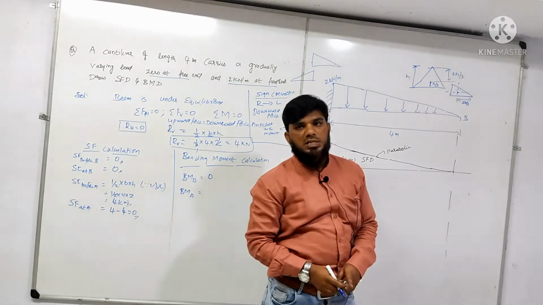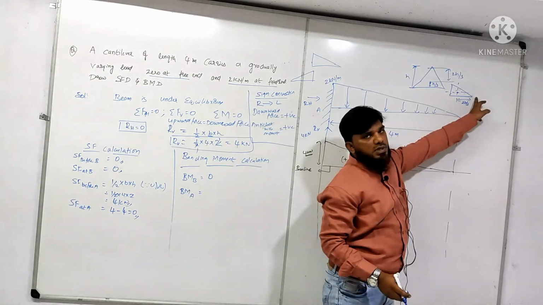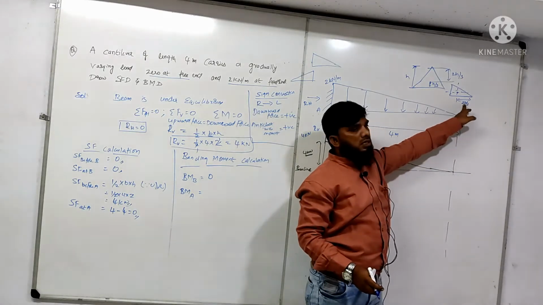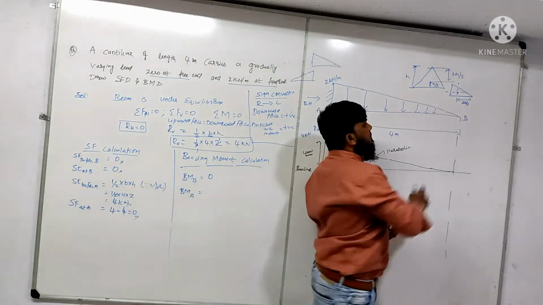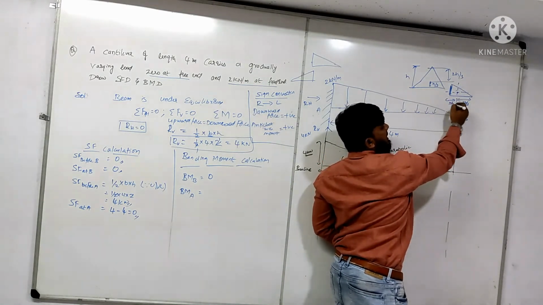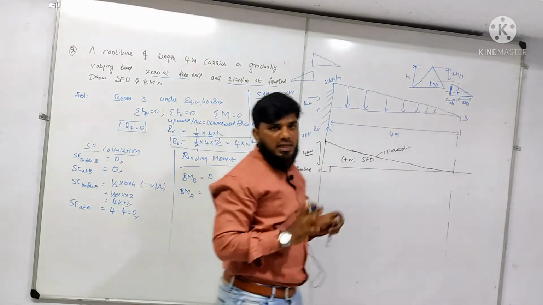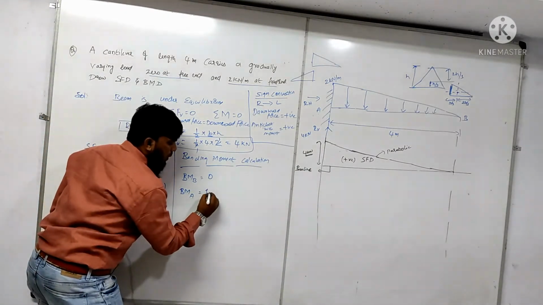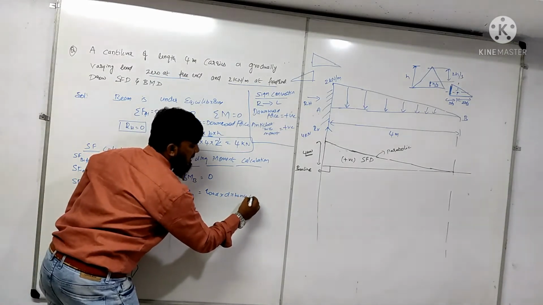Sir, how to remember this, sir? From the apex, or from the opposite side. Apex means this sharp corner. From the sharp corner, it will be at a distance of 2 by third of length. And from the bigger side, it is b by third, that is nothing but 1 by third of length. Remember this. Okay.